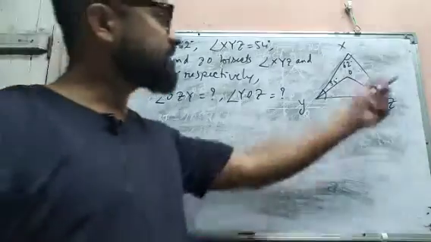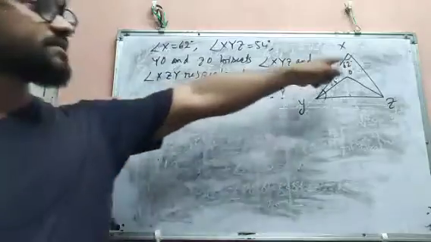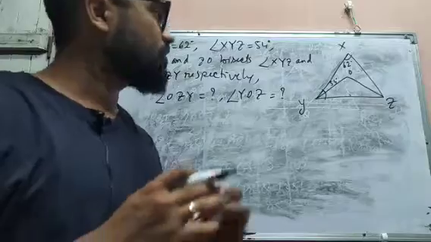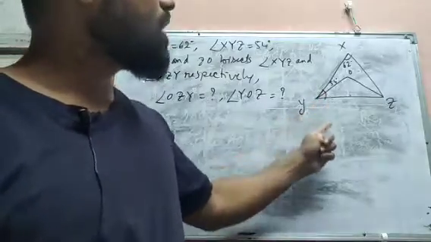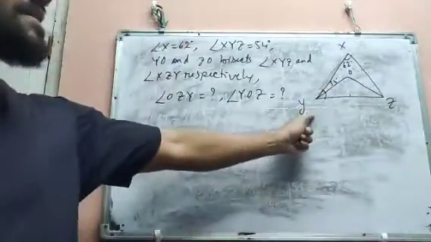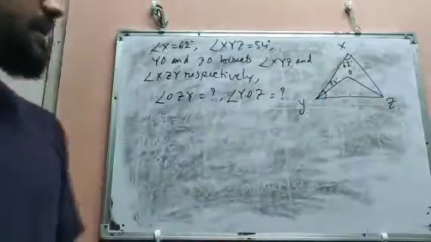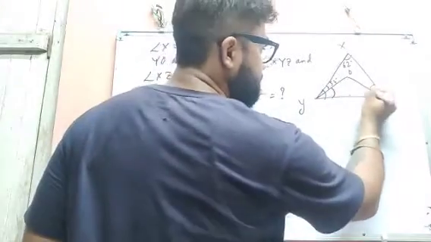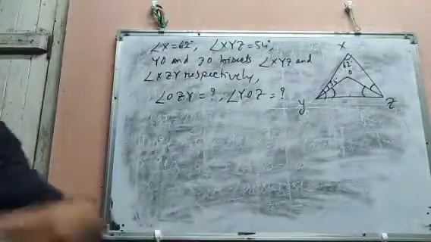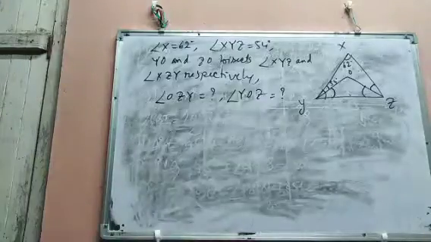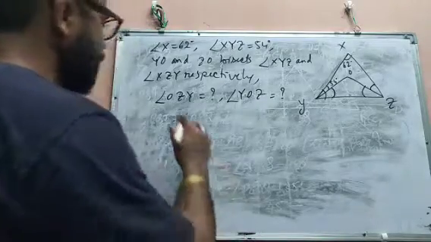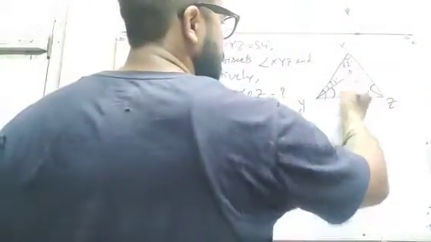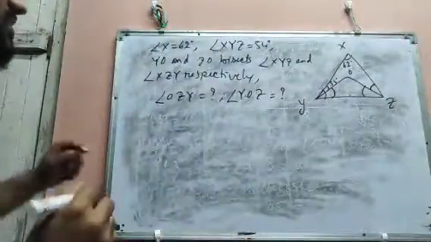So we have given this diagram in question number 2. Angle X equal to 62 degree and angle XYZ equal to 54 degree are given, and we have given another condition that OY and OZ bisect angle XYZ and angle XZY. Okay, as they are bisecting, that means the two small angles will be equal, that means half of that given angle. Okay, so first we are asked to find OZY and YOZ.